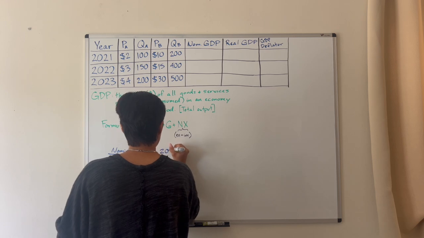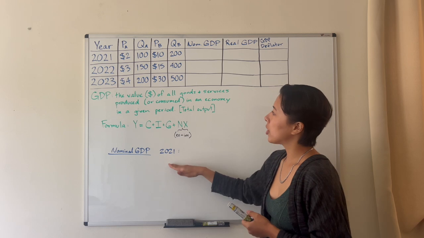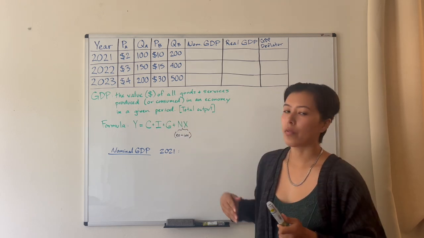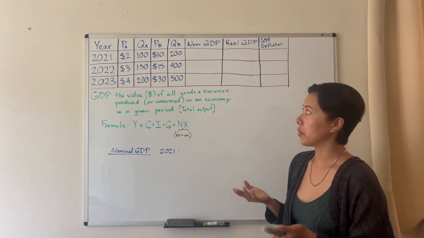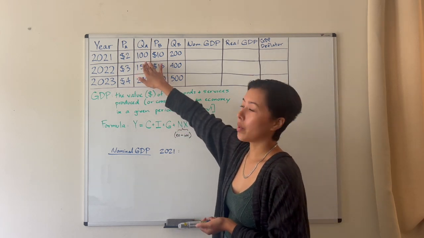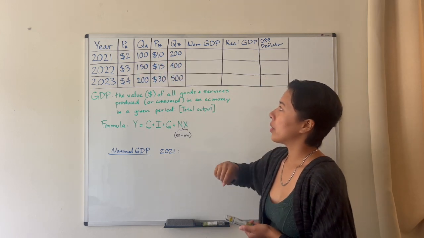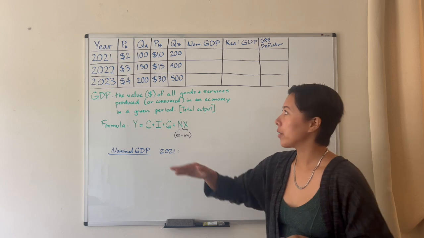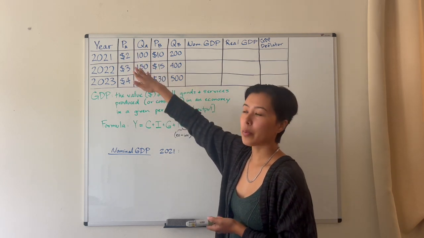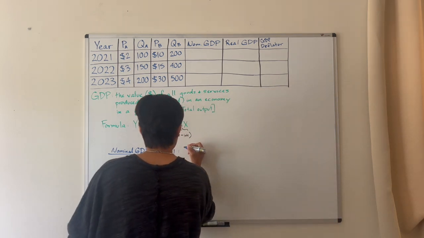So for 2021, our approach here is we're trying to find the value of all the goods and services that were produced in this economy. So we know that they produced in 2021 100 apples and 200 beef. In order for us to find the total value of these 100 apples, we're going to multiply that by the price of apples. Because each apple is worth $2,